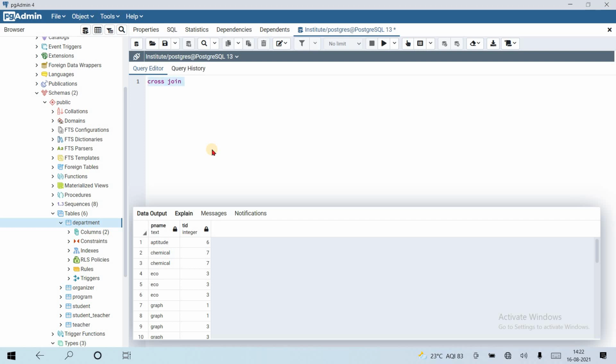If there are 3000, then the result will be in billions. So don't use star for that if you have thousands and thousands of records. If table 1 has n rows and table 2 has m rows, then the result will be n cross m rows. For example, 1000 into 1000 gives 1 million, that is 10 lakh.